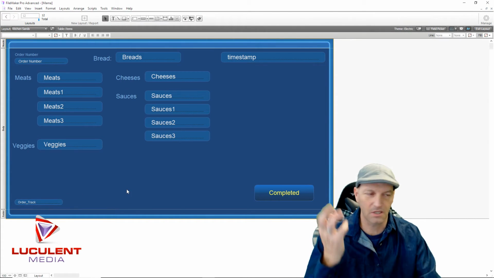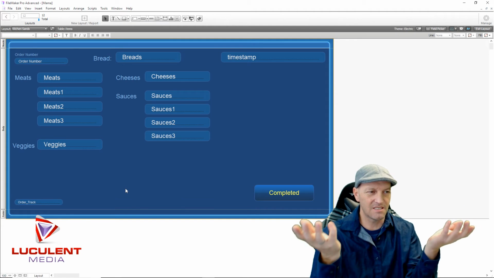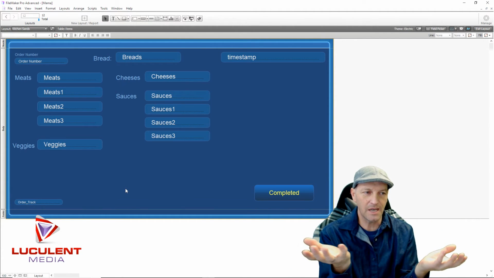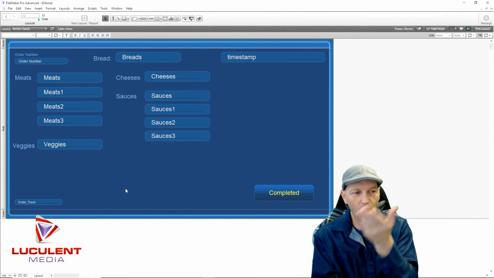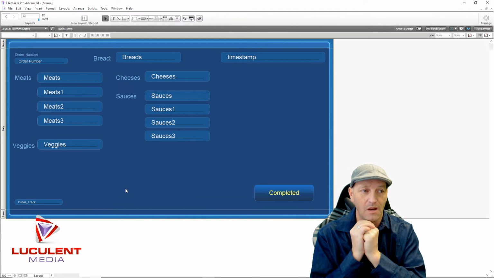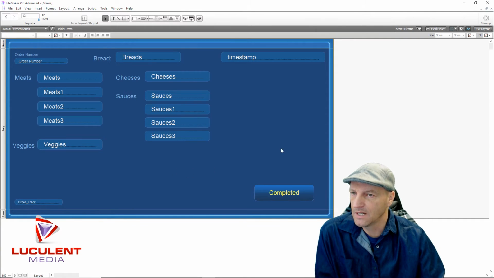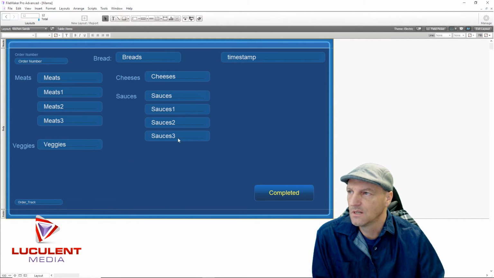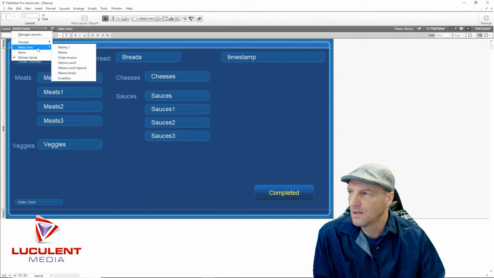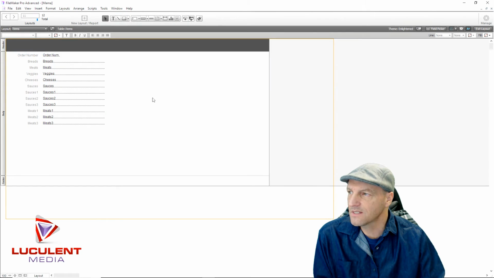It's basically just a comparison thing, to say, is this the same as this? And you need that because you want to make sure that that one sandwich ends up on that one thing. So what'll happen in this particular sense is they selected their bread, so they went there. Now, on this page,